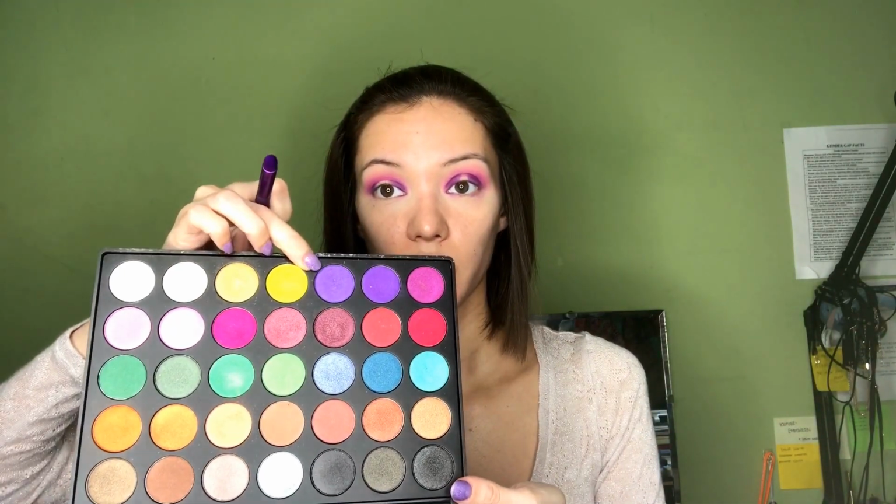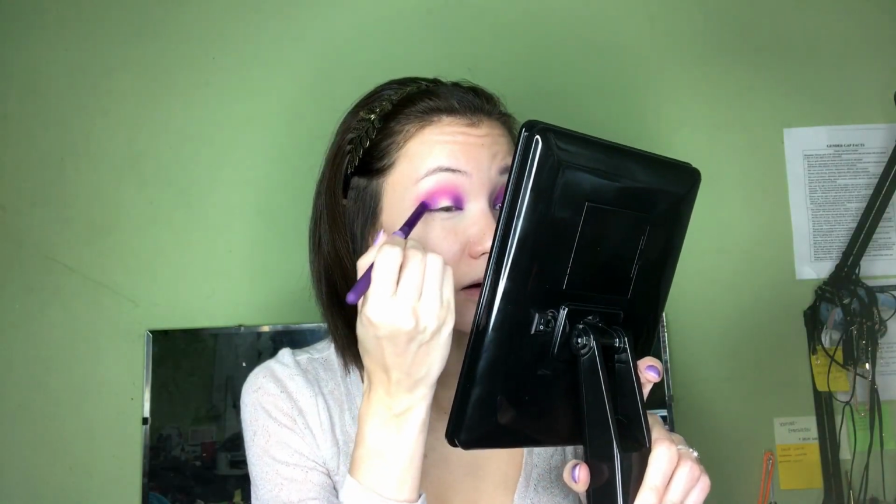So now I'm going to be going into the 35U palette, and I'm going to be using a slightly shimmery shade. So there's these two purples right here, and I'm going to go into this one. And I'm just going to go on top of this. So when that's finished, I'm going to put these palettes away. I'm now going to dig into